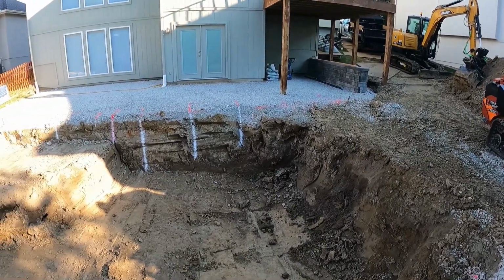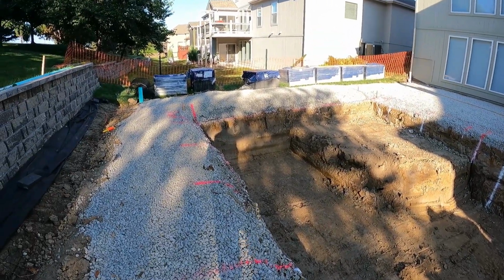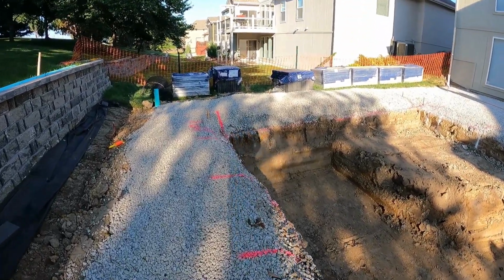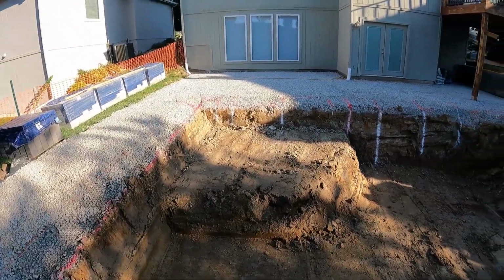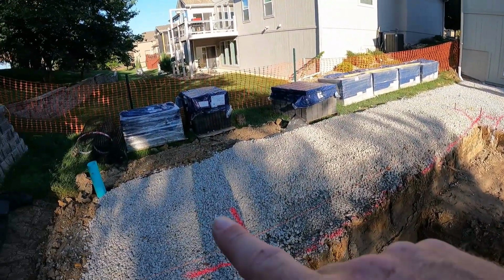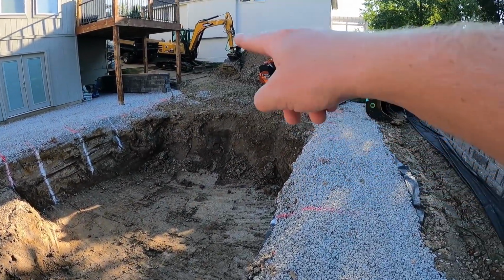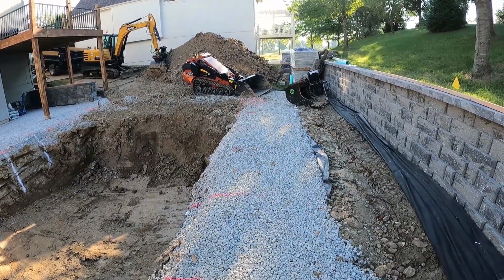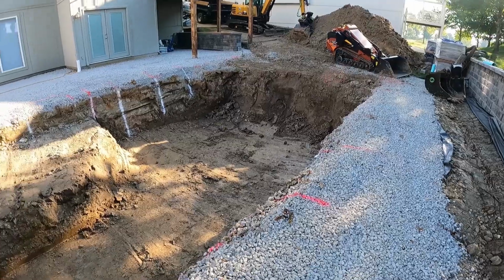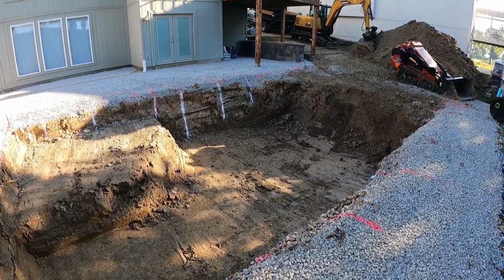And we have done a lot of prep work on this project up until now. We were delayed on the pool, so we were waiting on it, so we'd already kind of got started expecting it. So as you can see, we've already got our patio base all the way around. And we're gonna have to repair all that. I knew that was gonna happen. We just were trying to get in a good position to get the pool dug, and once the pool's in, we can then go from there and then be ready to start laying pavers and coping and all that